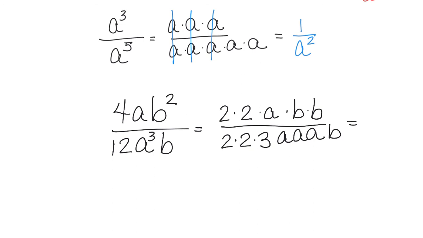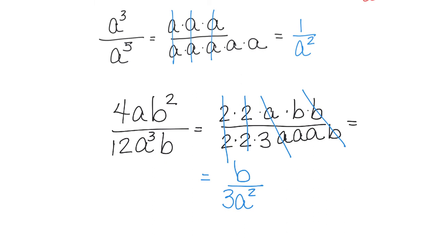Then when I cross out what they have in common, they have a common factor of 2, another common factor of 2, a common factor of a, and a common factor of b. So my reduced version of the original fraction is going to be b over 3a